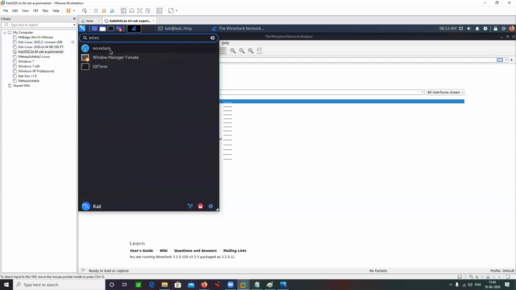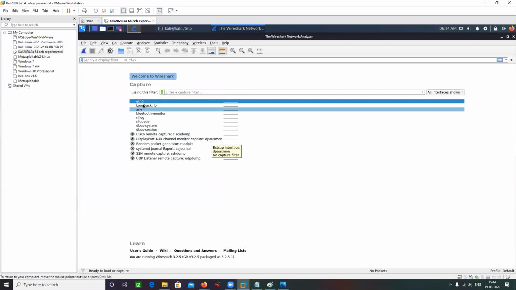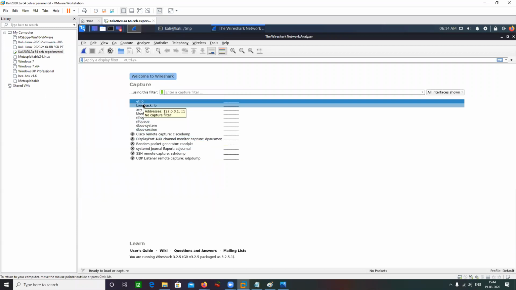Once you switch on Wireshark, you will be presented with this kind of a screen. Here it is asking you on which interface you want to start sniffing. I only have one interface as of now, that is ETH0. So I'm going to double click on it and it starts sniffing on that interface.